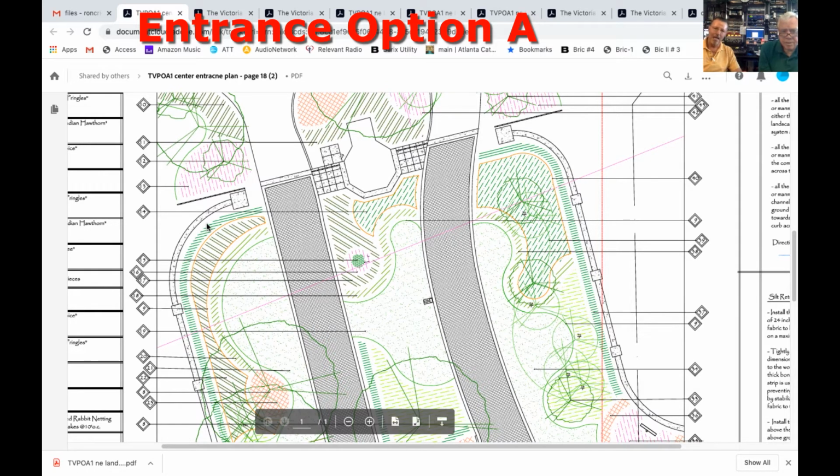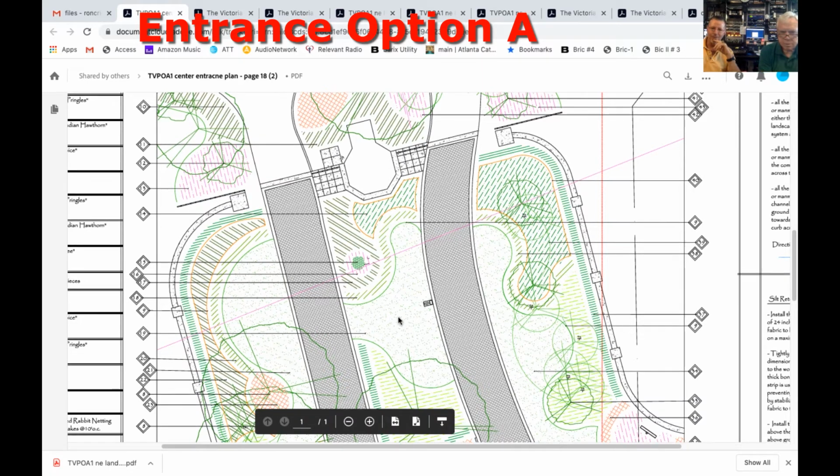Okay, thank you. This shrub right here is Green Island ficus, surrounded by waxleaf jasmine. One of the concerns that came up during the design of option 1, which changed in option 2, was the fact that rabbits like Green Island ficus. So in this option, you can see this red line, included rabbit fencing, which we'll see disappears in option B. One of the things, as I scroll down,